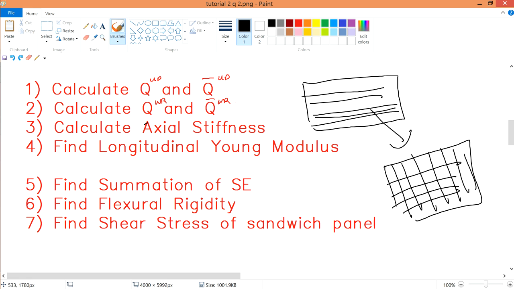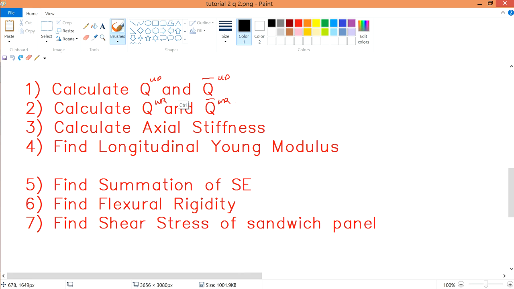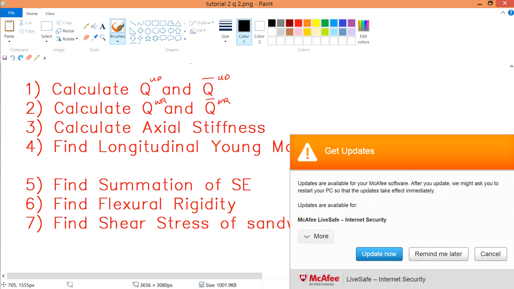Then we use the woven roving one to calculate the axial stiffness. Then we calculate the ELX, our longitudinal thing, and we will go on to the next heavier part, which is finding the shear stress of your sandwich panel. So in order to do all this, our first step is the most important step, and therefore let's calculate